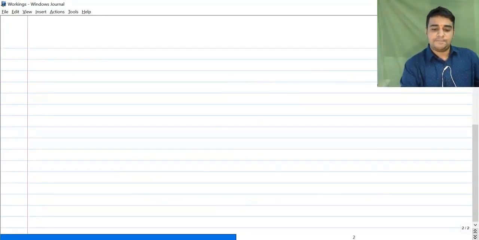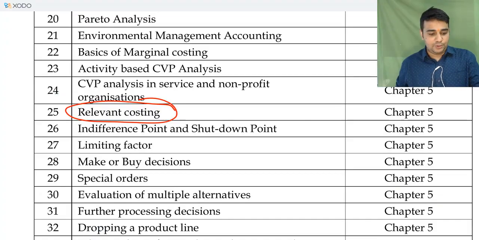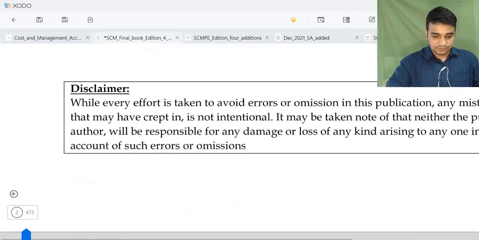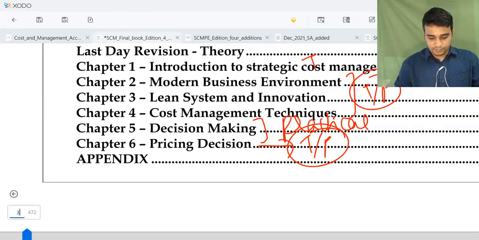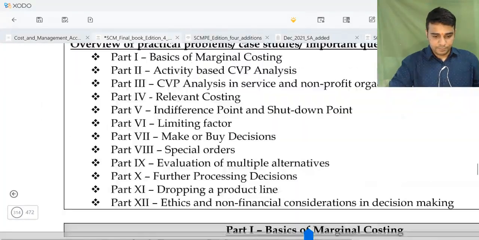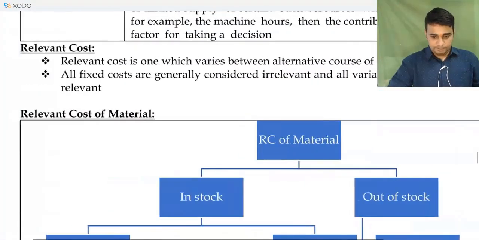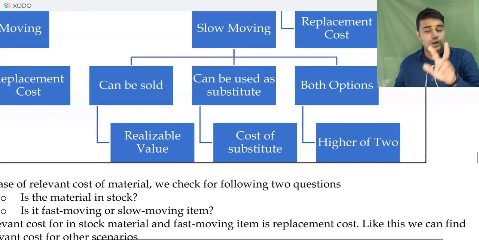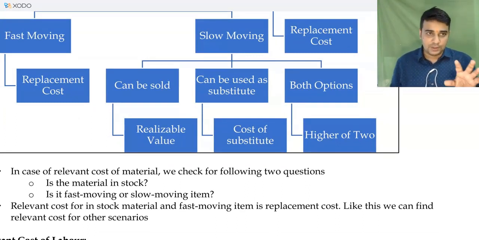The first area is relevant cost of material. I'll tell you the page number. You want to make notes directly, you make it in the material itself, or you want to make running notes, whatever way. I'll just give you the page number. Volume 1, page 312. You will have to carry both volume 1 and volume 2 to the classes, because I'll be parallelly doing two areas. You will understand as we proceed.